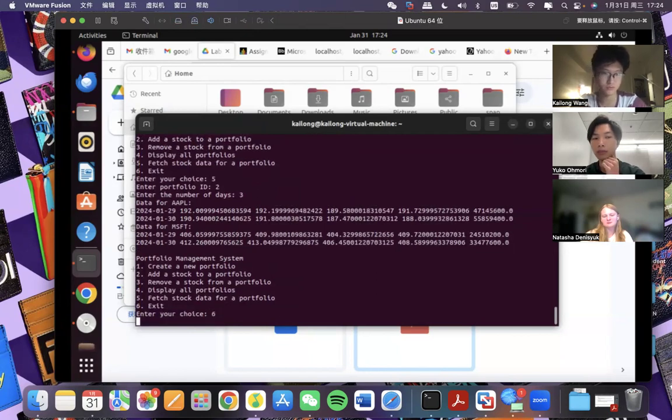And the last option is just exit. And I'll pass it to Yuko. We'll go over the data preprocessing part. Yeah. So if you can open the data preprocessing file,